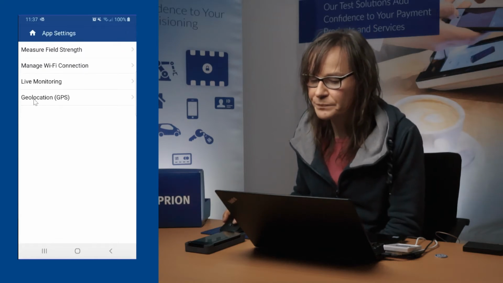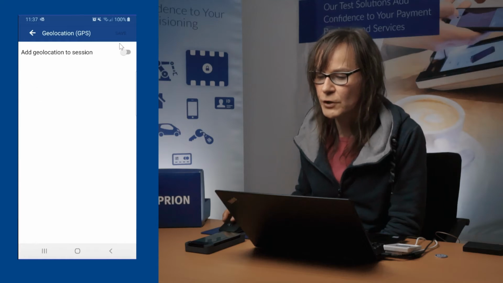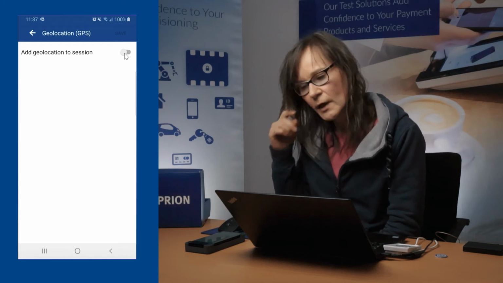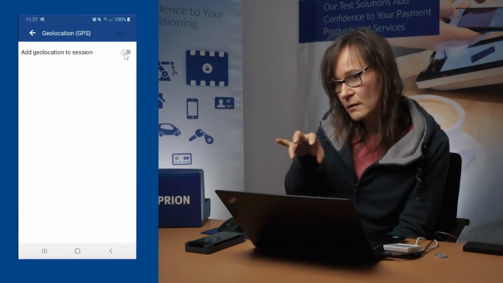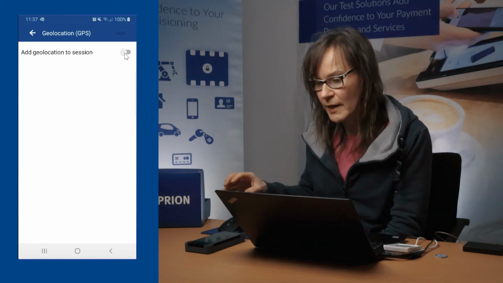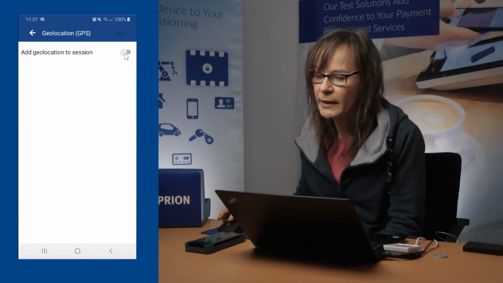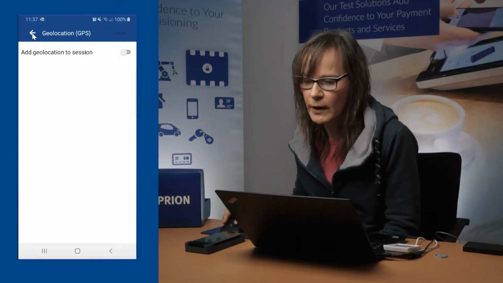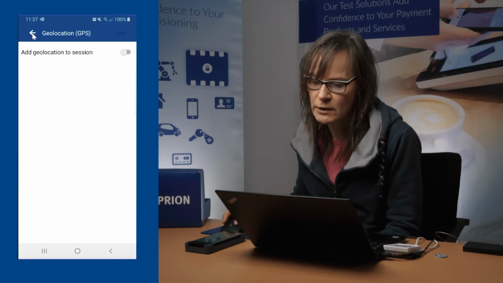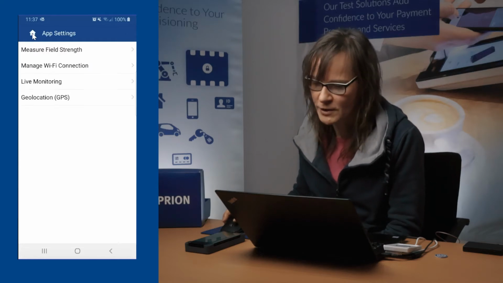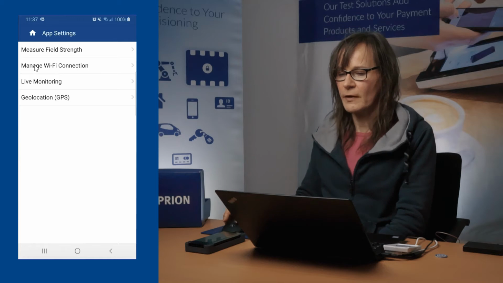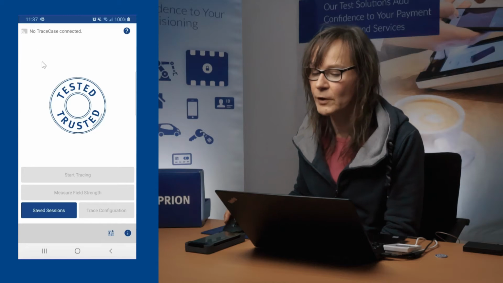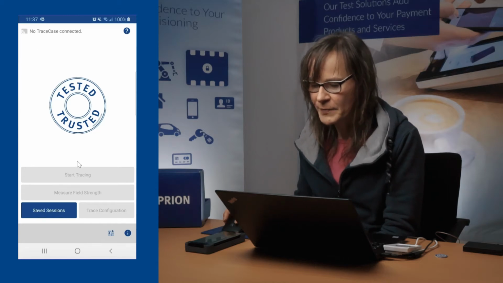So keep it enabled. And then the geolocation feature, this is switched off as the default setting. Sometimes it's very helpful because it gives you a concrete and exact position about where you have taken the trace, which is a good hint to what has happened there. But sometimes it's not so helpful because it takes data bandwidth and can cause connection issues under very certain conditions. So maybe switch it off as the default. That's about the app settings. Don't forget about the live monitoring. Okay, then